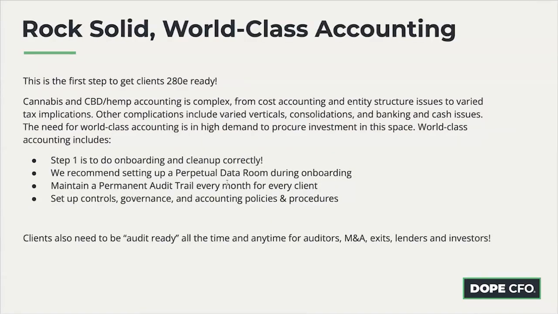We call it rock solid world-class accounting. Again, most companies I've seen in the cannabis space are the opposite of audit ready. They're usually a big mess. And not to mention, we've got attorneys out there telling these cannabis companies, hey, I don't care if you're one dispensary, let's set up 9 legal entities, S Corps and C Corps and LLCs and consolidations, which really isn't great advice, but a lot of them do it anyway. It makes their accounting and tax bill go way up for one. We also see a lot of commingling of personal and various companies and intercompanies, which is tough as well.